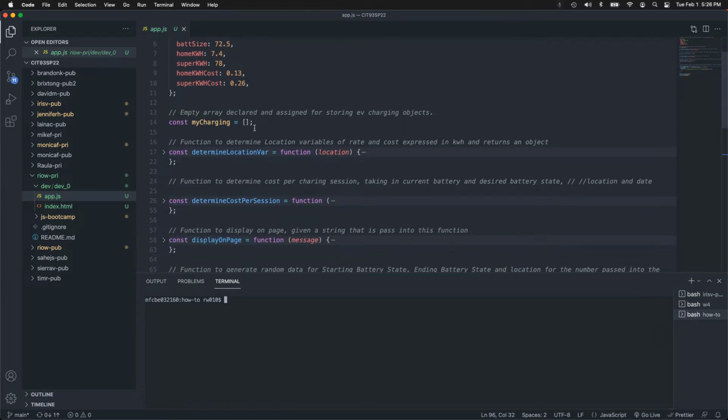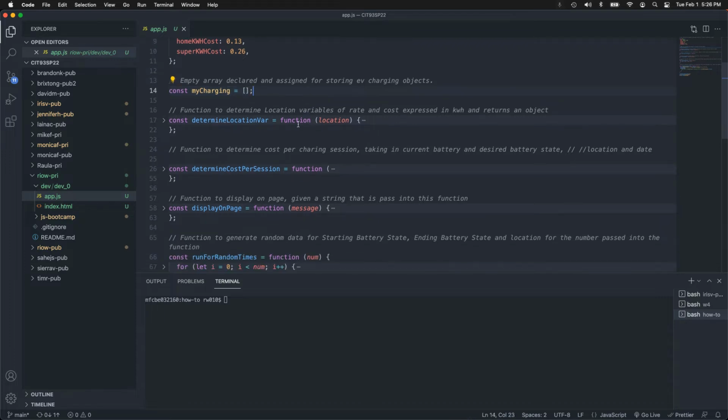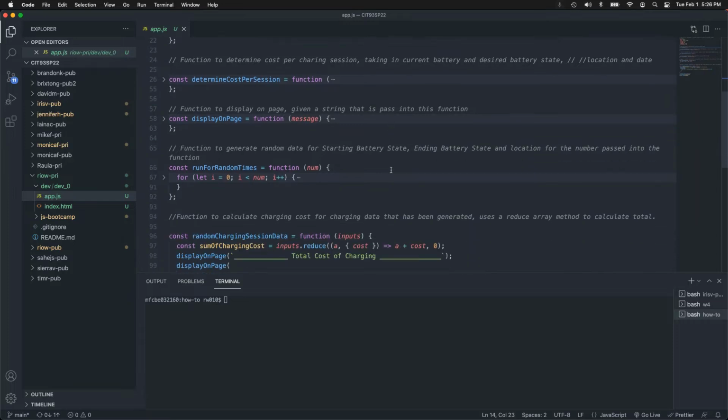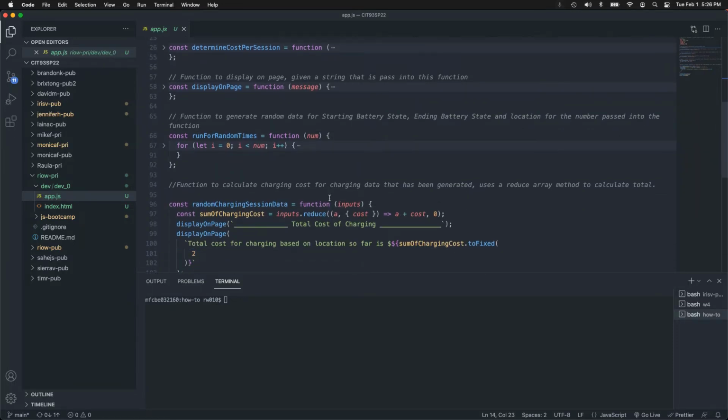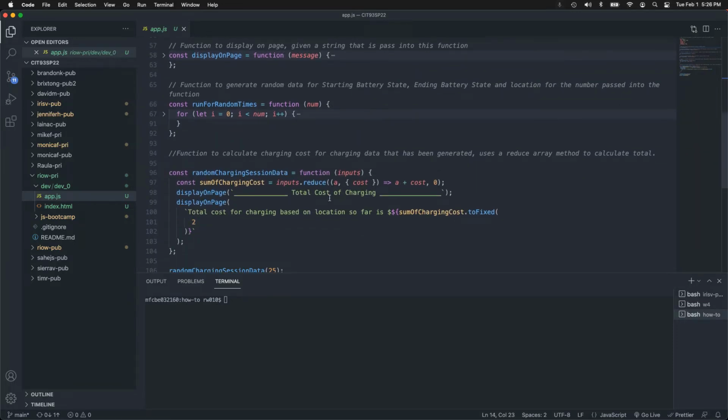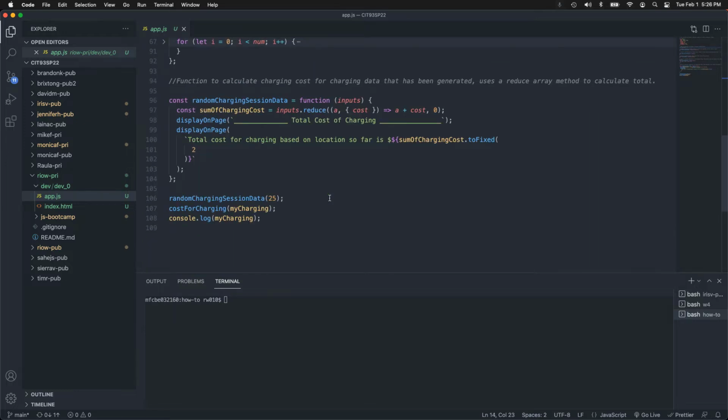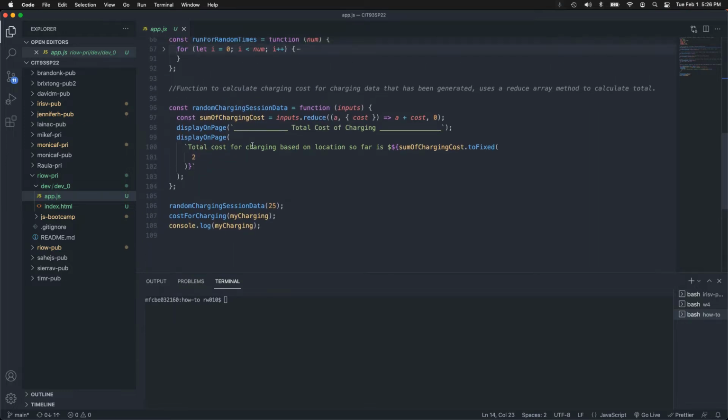I set up a global array that I'm going to push objects into. I have a run random time function because rather than passing multiple data points to it, I ended up just running charge session data with the input of 25 of them. So then I just ran through.